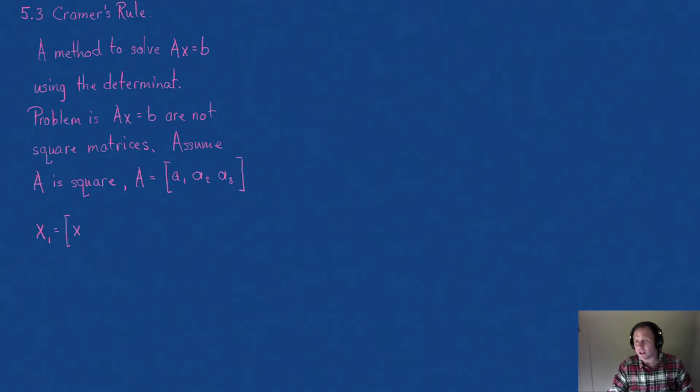So what do we fill out the rest of the columns with? Well, we fill it out with just the columns of the identity. So the second column, we would use the second column of the identity. And the third column of the matrix X1 would be E3. Now, if you're not sure what that would look like, we'll write it in a second, because what I want to do now is find out what that product is. So let's try that. If I take A times X1,